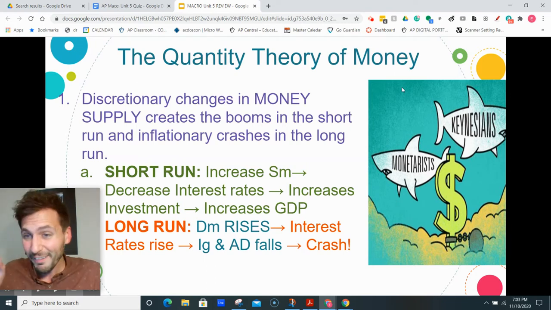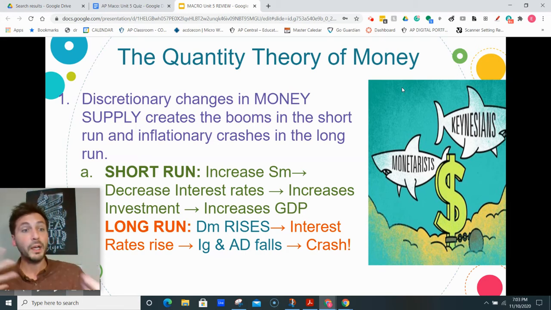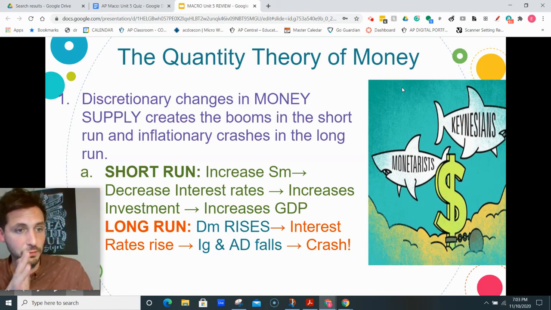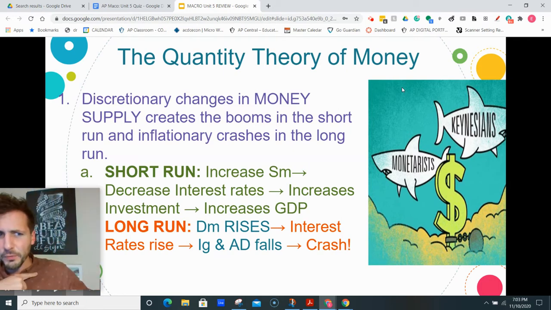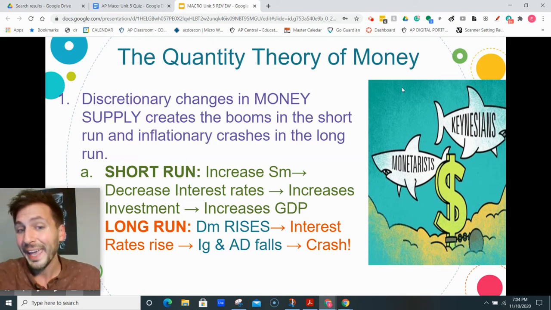The secondary effect is in that very same market. When we have an increase in GDP or increase in national income, we know that that's actually a determinant or shifter in the demand for money. We need more money for transactions to buy all the goods and services that are being produced, right? The demand for money shifts to the right. When demand for money shifts to the right, interest rates rise again. So they just fell before, but now they're rising. When they rise, investment falls and aggregate demand falls. So aggregate demand shifts to the left.